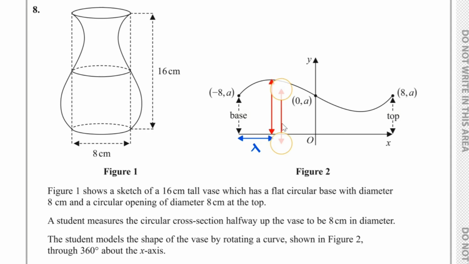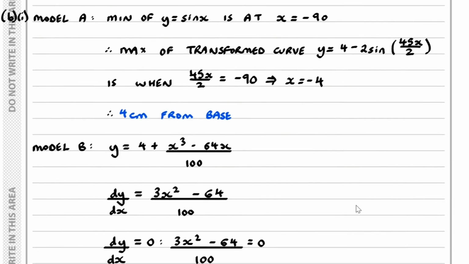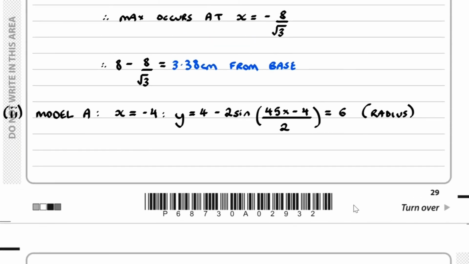So the diameter is this entire length, so we need to multiply by 2 rather. So therefore, the diameter is equal to double the 6, which is 12 centimeters. And now,